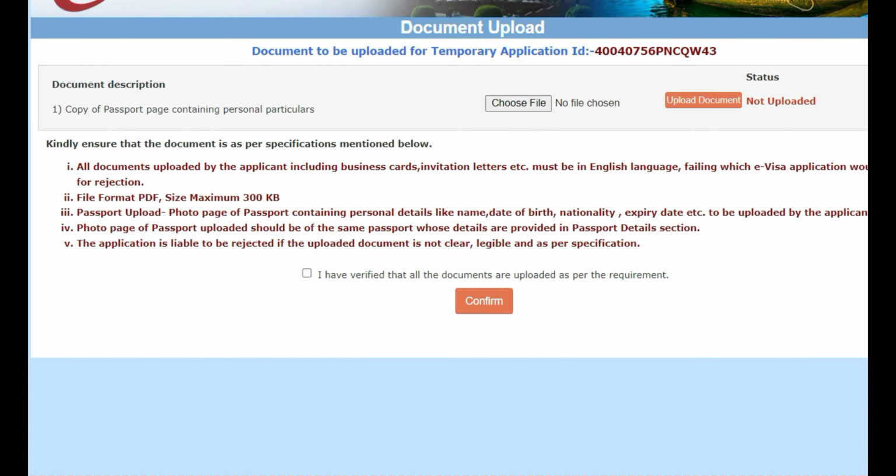And then the file format has to be PDF. So I'll show you how you can convert your passport image to PDF in case you have that as a photo. The maximum size has to be 300 KB. This is the restriction. And passport upload: the photo page of the passport containing personal details like name, date of birth, nationality,